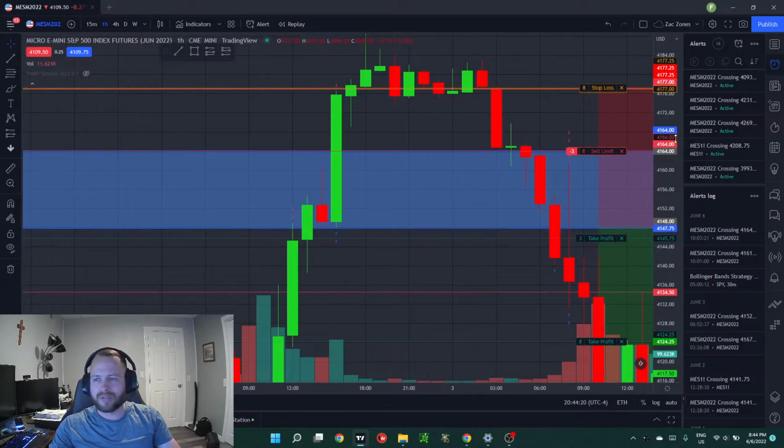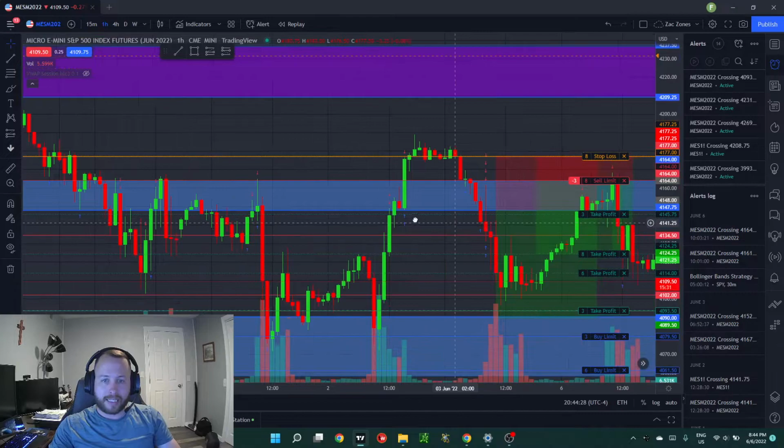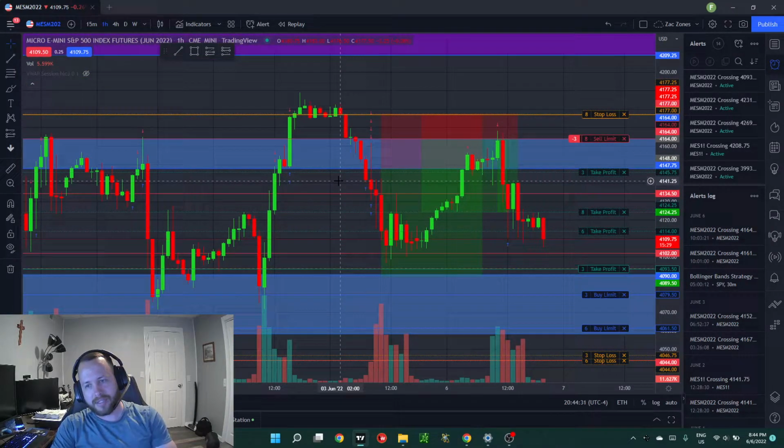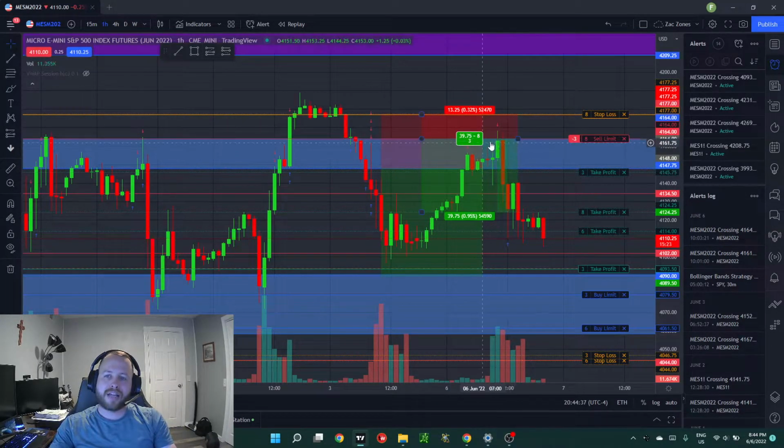So most of the time that I play type 2s, I actually give them a little bit of wiggle room, because I would hate to see a wick like this or a wick like this and I'm not in the trade. It's happened to me so many times that it's one of the more frustrating things that can happen. So anyways, in the type 1 short added on to that type 2, that averages my cost basis to be right